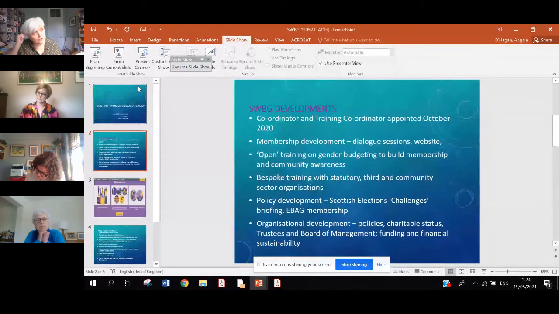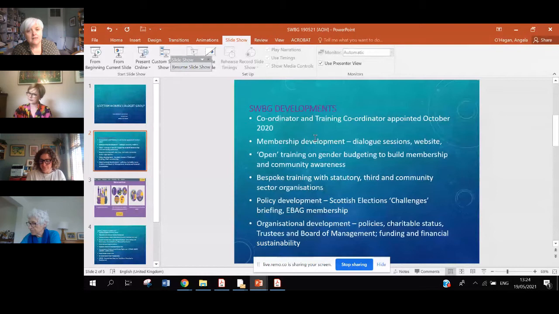And that's why the support of the Women's Budget Group UK and OSF to build and rebuild Scottish Women's Budget Group is so enormously important and so enormously beneficial. With the additional financial support, we've appointed a new coordinator, Sarah Cowan, who's with us today, and a training coordinator, Heather Williams. They both started in October last year and have been working incredibly hard developing the membership through dialogue sessions and new websites, a range of speaking and other engagements and activities,